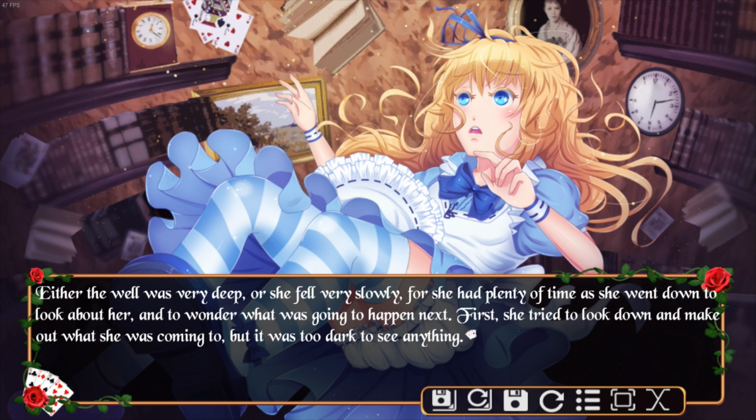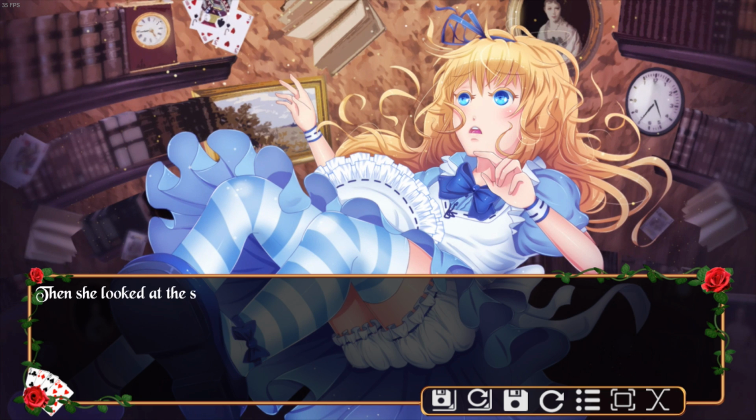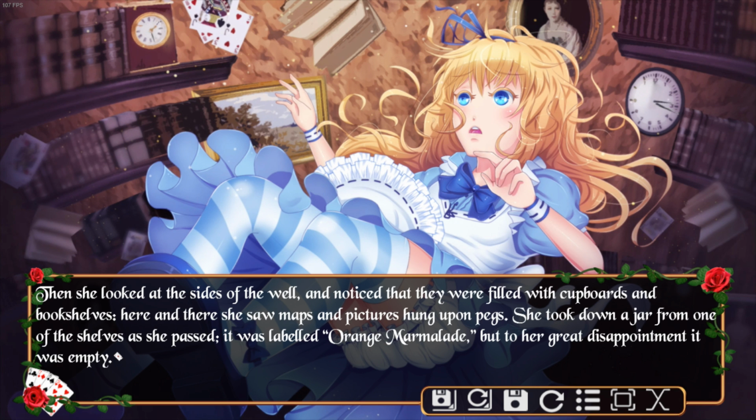Either the well was very deep, or she fell very slowly, for she had plenty of time as she went down to look around her and to wonder what was about to happen next. First she tried to look down and make out what she was coming to, but it was too dark to see anything. Then she looked at the sides of the well and noticed that they were filled with cupboards and bookshelves. Here and there she saw maps and pictures hung upon pegs. She took down a jar from one of the shelves as she passed it, and it was labeled Orange Marmalade. But to her great disappointment, it was empty.